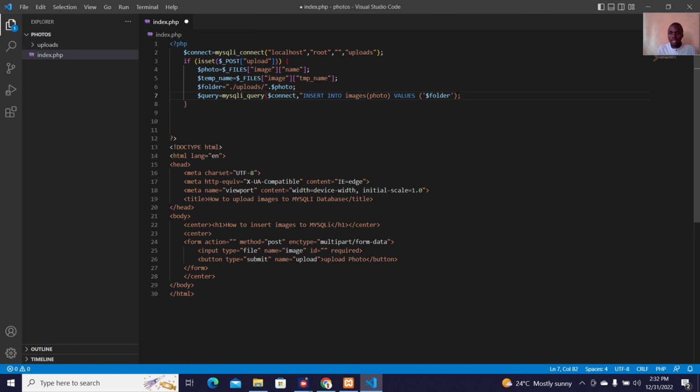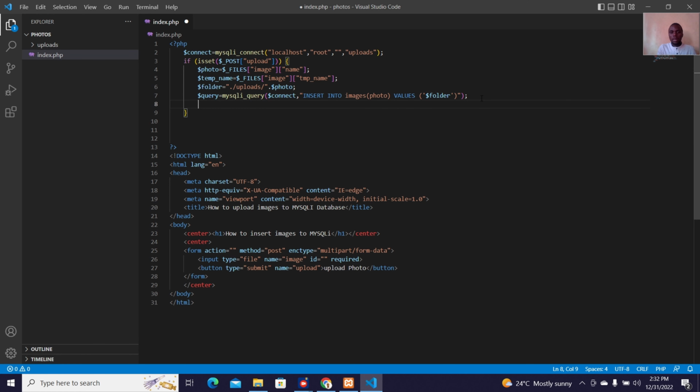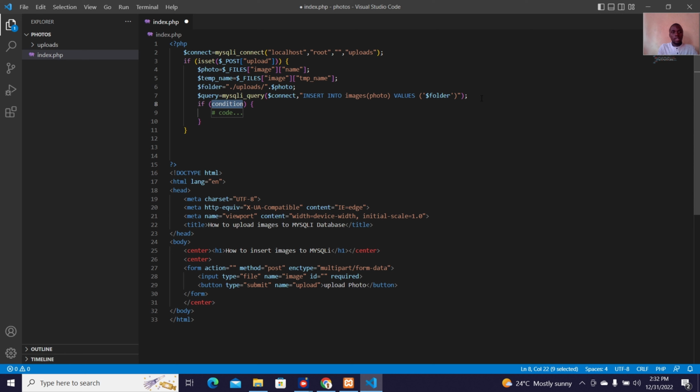There is a syntax error there, so we can close like that. Then we close this bracket here, and we want to see if the image has been inserted. If query, it means that if the image has been inserted, what happens? We are going to create another variable called upload